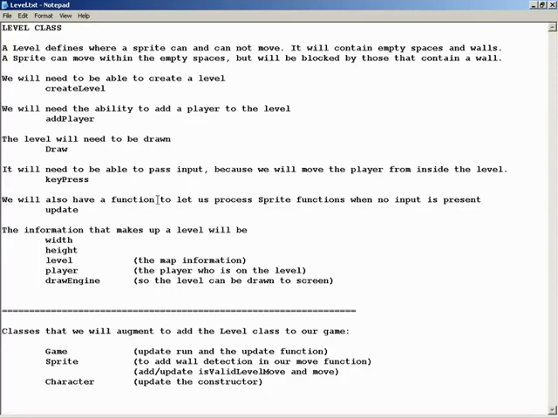And from there, we also have a function to let us process sprite functions when no input is present, something that's going to constantly happen. And this is going to be called inside of what function? Inside of our game class. Inside of the idle update. And the timer update inside of our game class. Yeah, timer update. And inside of our level class, we're going to have certain data that we need to